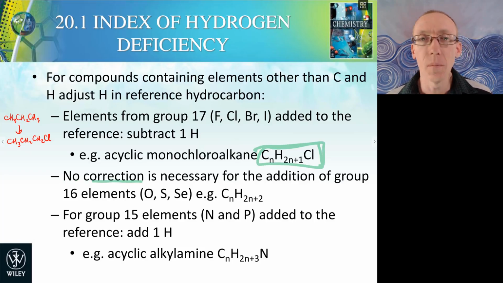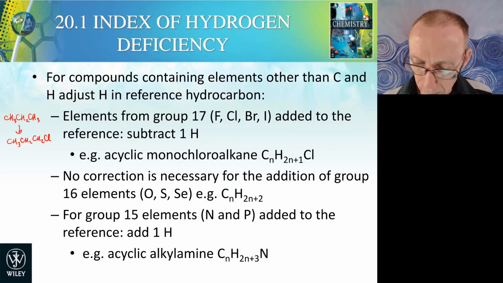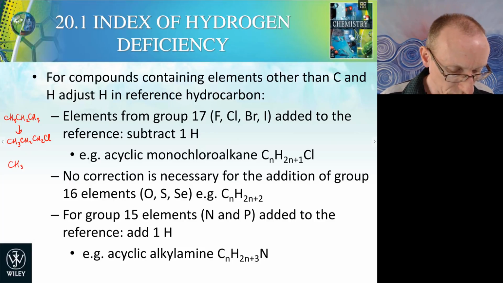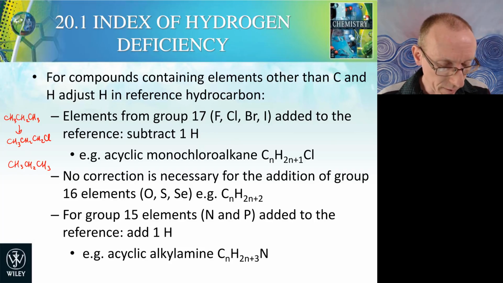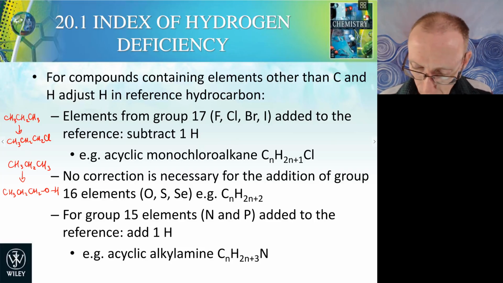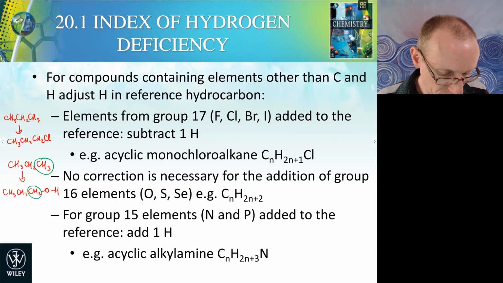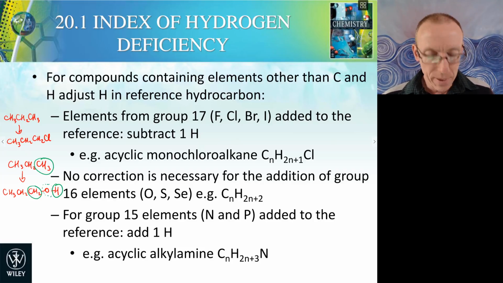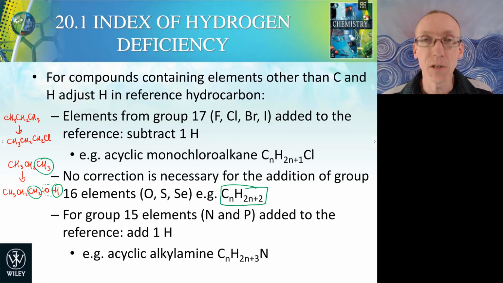We don't have to do any correction for molecules containing oxygen, sulfur, or selenium because they are divalent. So what do I mean by that? If we look at the structure of propane once again, and we put an alcohol into that structure, we could have CH3CH2CH2OH. So now we've got an alcohol. We have replaced a CH3 group with a CH2 group and a hydrogen, and we've just put this oxygen in between them. So overall, apart from the oxygen being introduced, we haven't changed the rest of the molecular formula at all. So the carbon and hydrogen part of those molecules will remain as